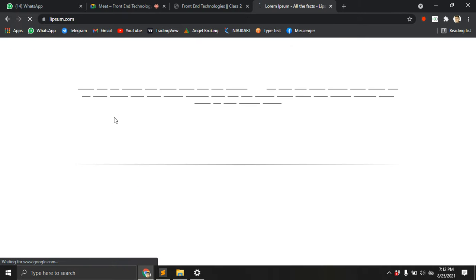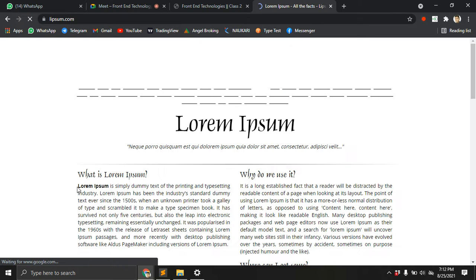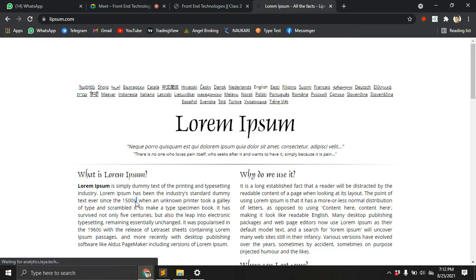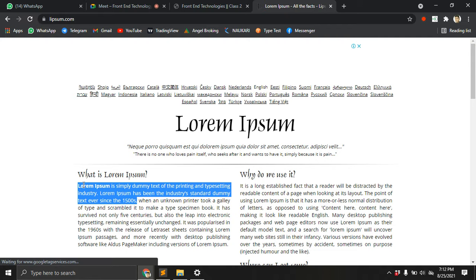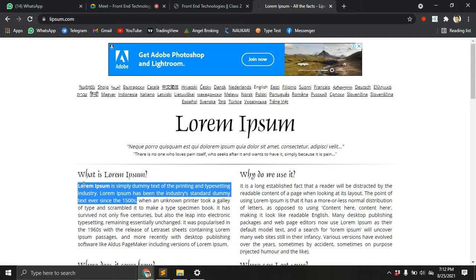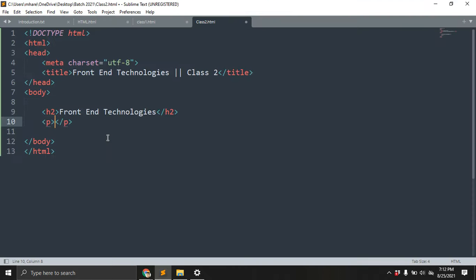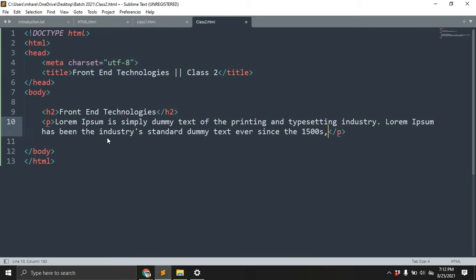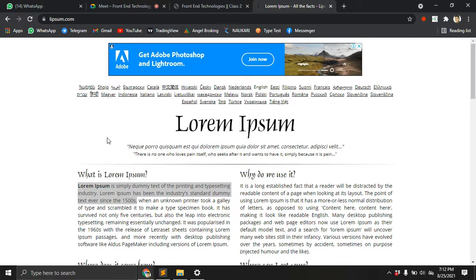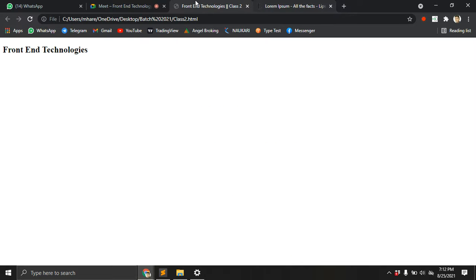I'm giving dummy content only. I am taking just 2 or 3 lines only. Control C, and come to this one here. Control V. Simple. This is one of the paragraph tags. Control S. Open the browser. Just need to refresh the page.